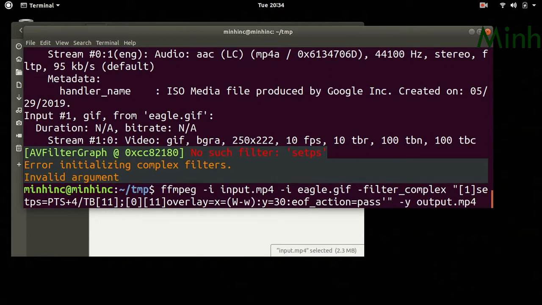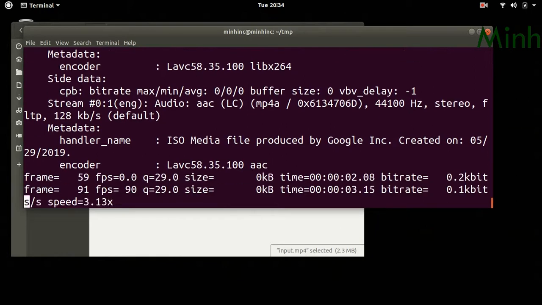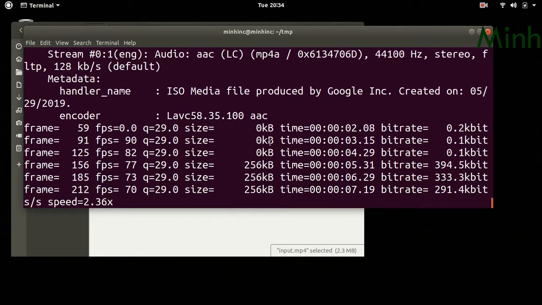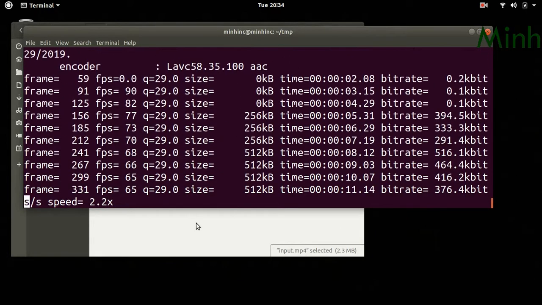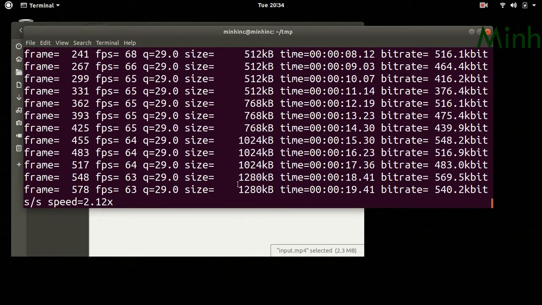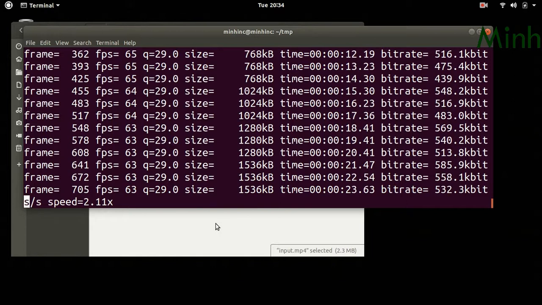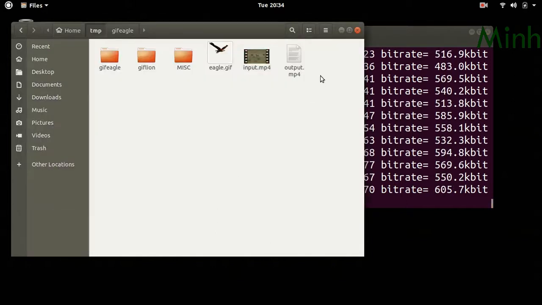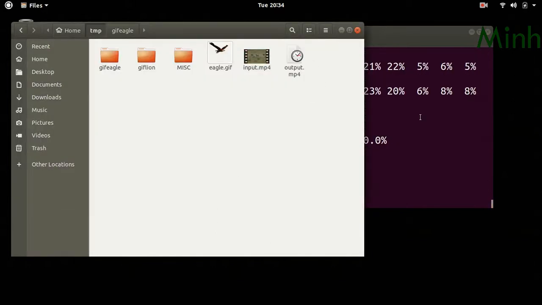Okay, input eagle.gif, filter_complex, setpts. Okay, the output file is getting generated.